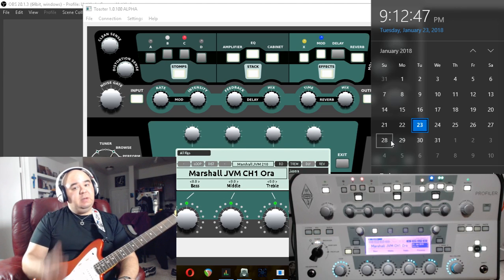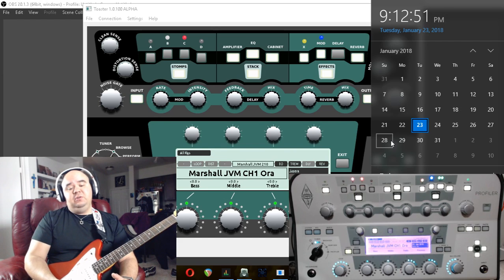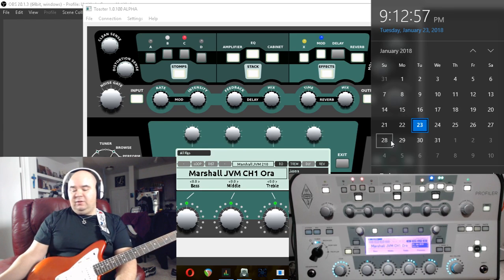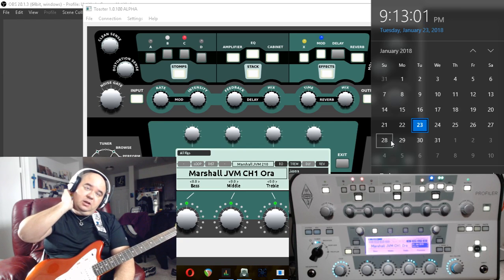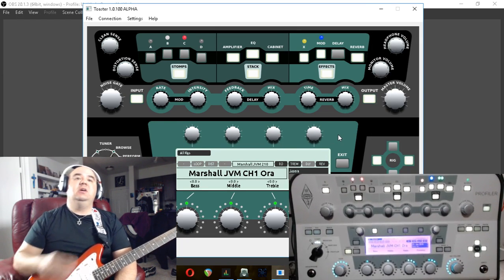I'm hoping to maybe figure out how to hook the Kemper up into the Helix LT, or maybe we'll do it live on the air, you know what I mean? We'll put the Kemper out, the Helix out, and then I'll put the Helix editor on the screen. I haven't really figured out how that's going to work, but I think that